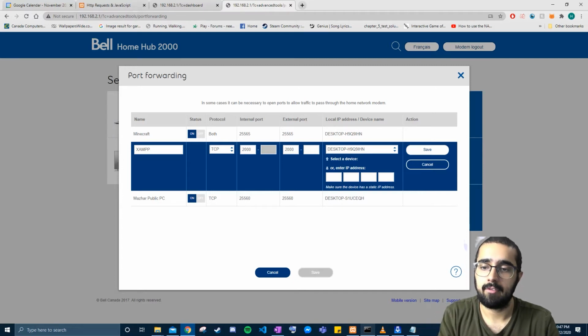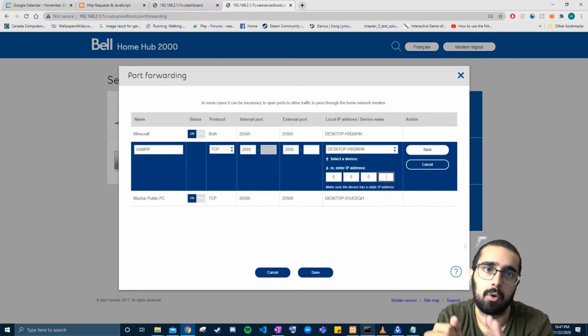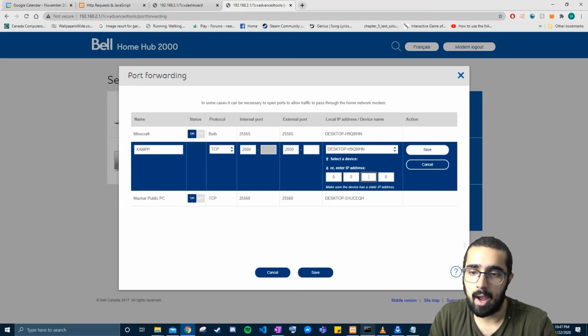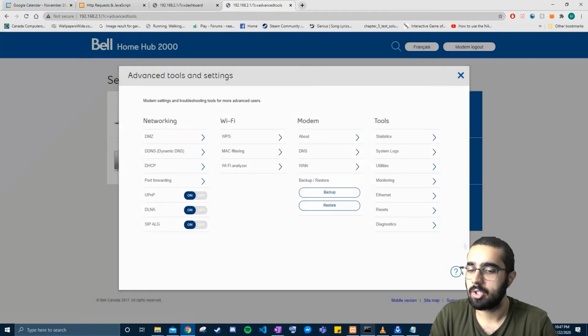So you can either select the device so that it'll take the IP of the device every single time, or you can give it a default static IP. And that means that this is the IP that it will use every single time on the local network. This is where it'll send it on the local network every single time. I recommend using this and then just save it. I'm not gonna make my changes permanent. If you do pick the static IP, I can show you really quickly